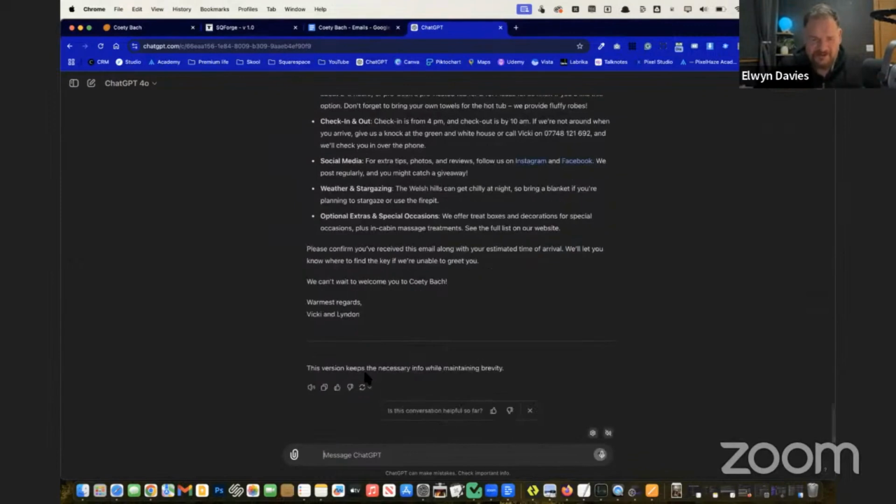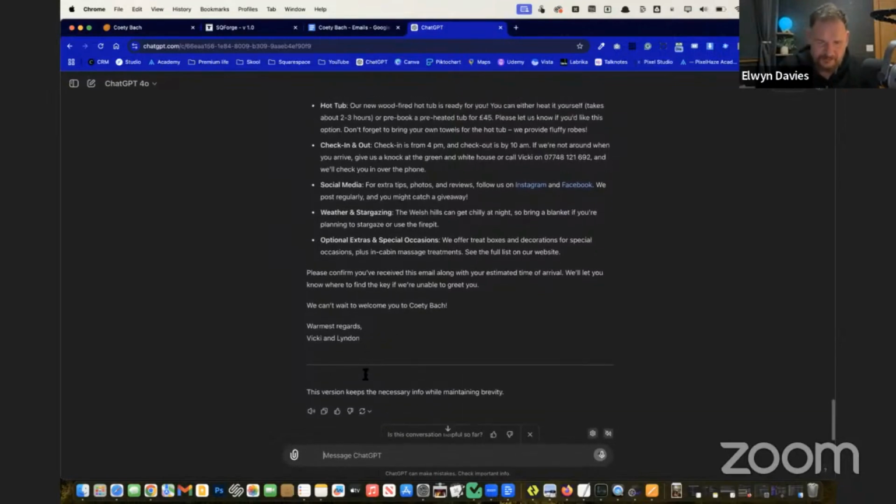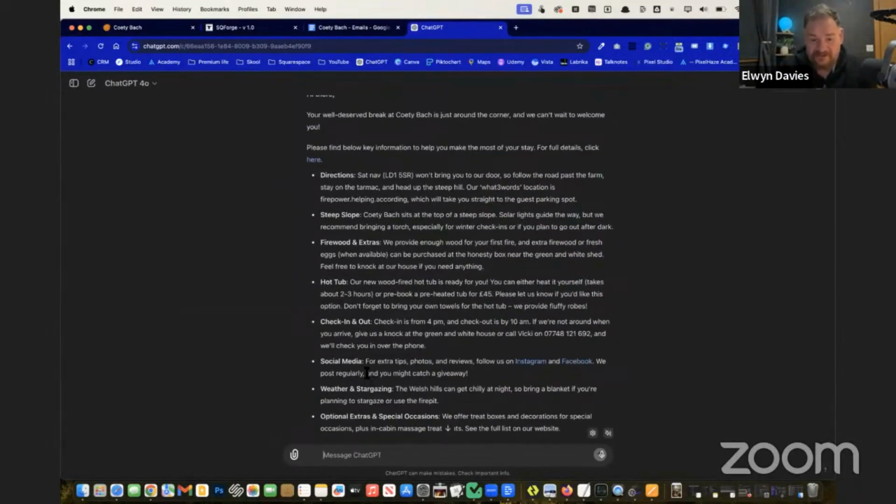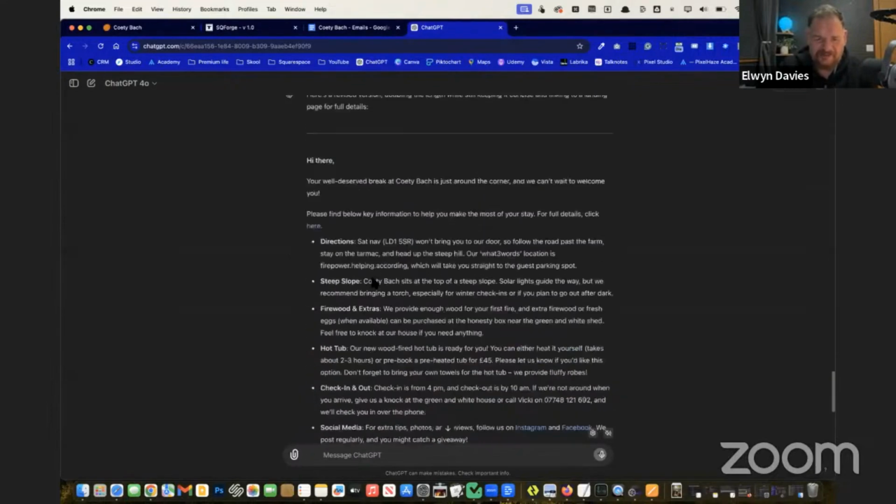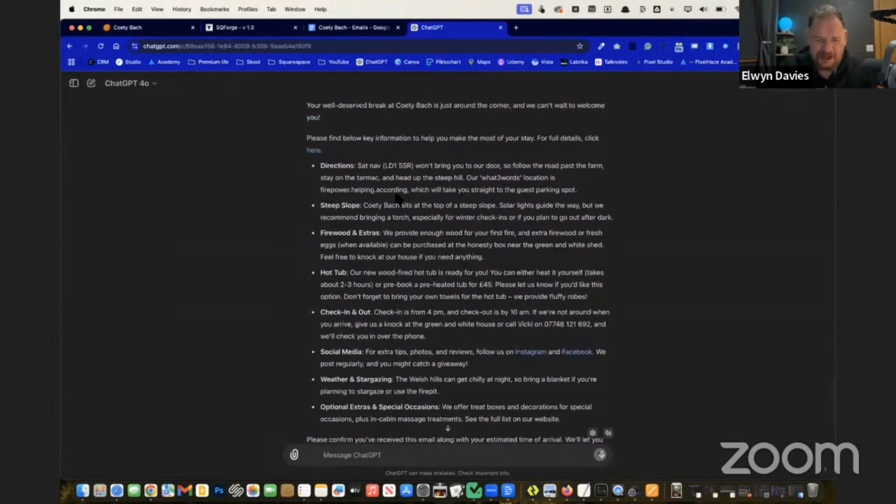So this is where Vicky would need to go through it and probably swap out some of this content with content that is more applicable. Some of this may not be high priority, and ChatGPT may not know all of that. So that's something that we can look at afterwards. But in terms of the length of the email, that's where I would go